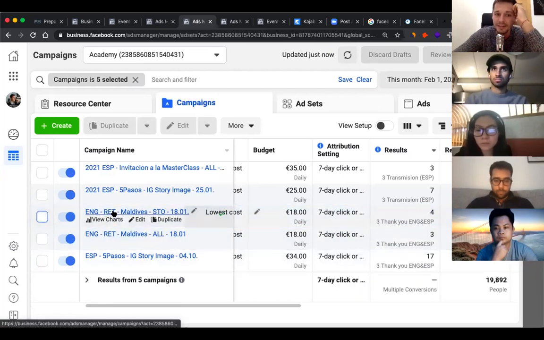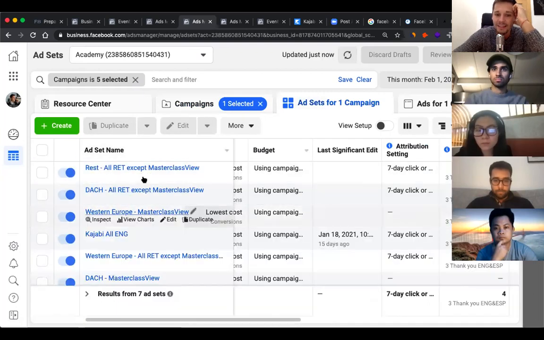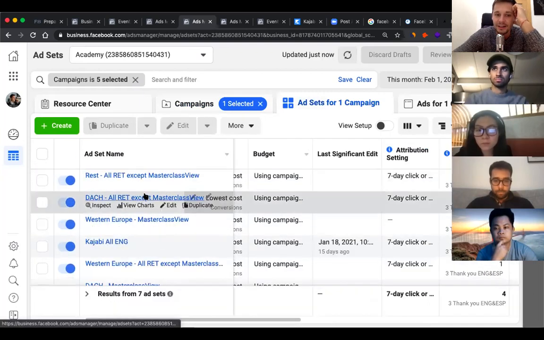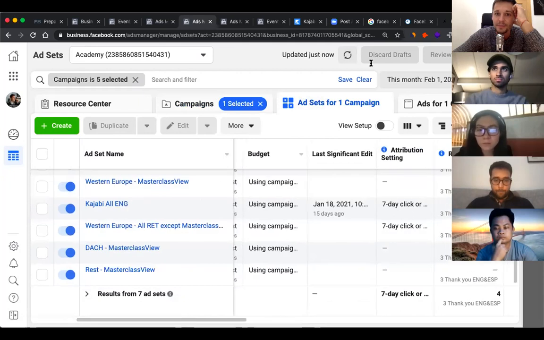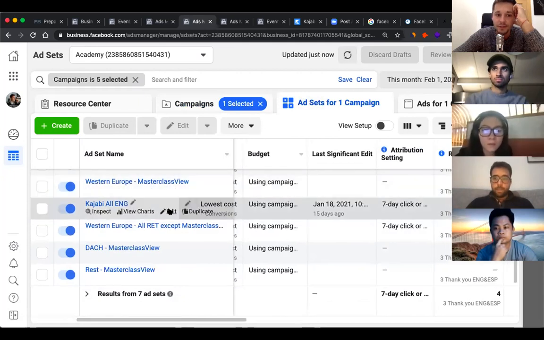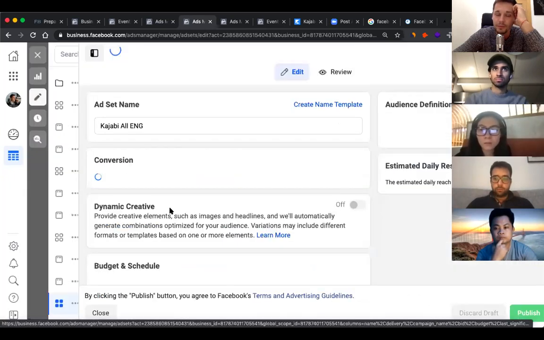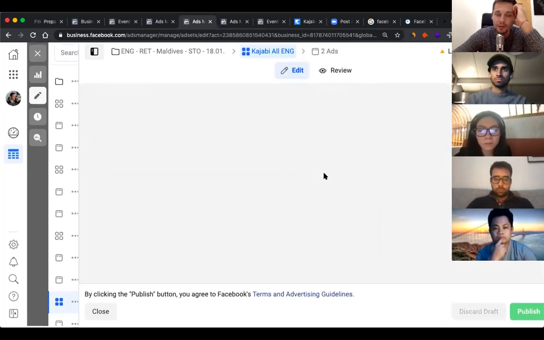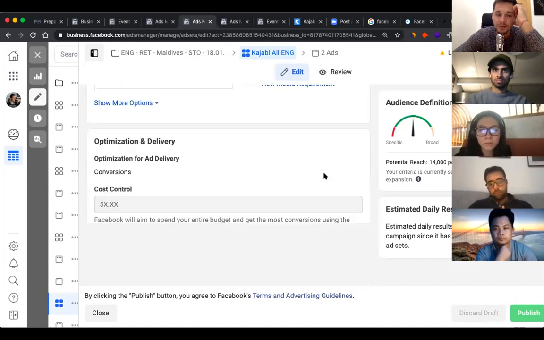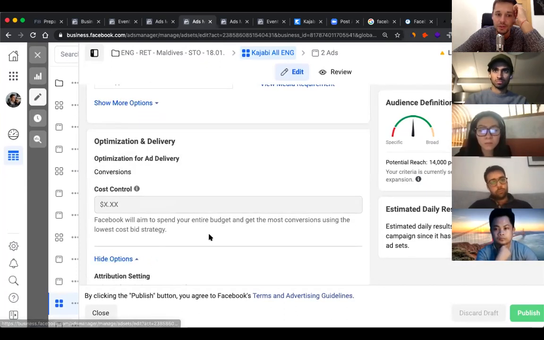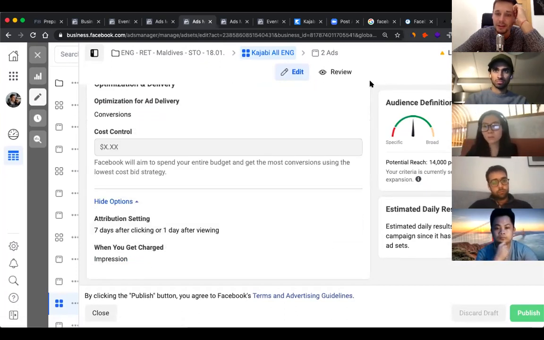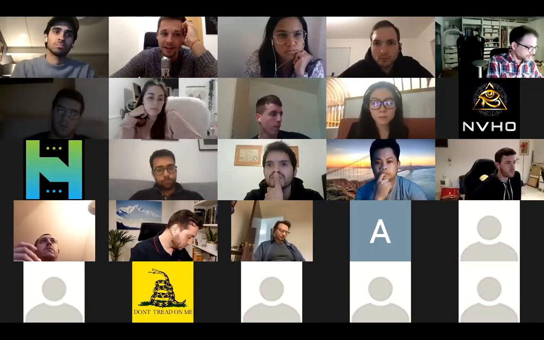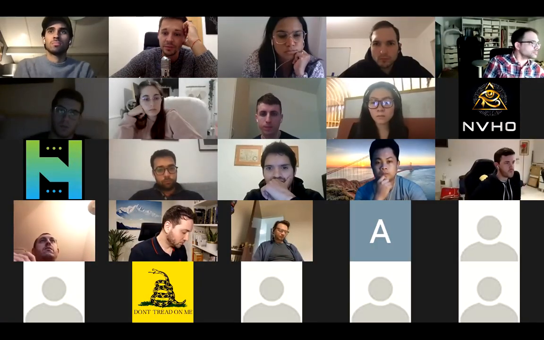So you have to go inside it and take all the ad sets that are inside this specific campaign. And as I've shown you, you go all the way down to where it used to be conversion windows, which is now called, as I said, attribution settings, and show more options, and you change it here manually. But that's the way right now to get your totals.